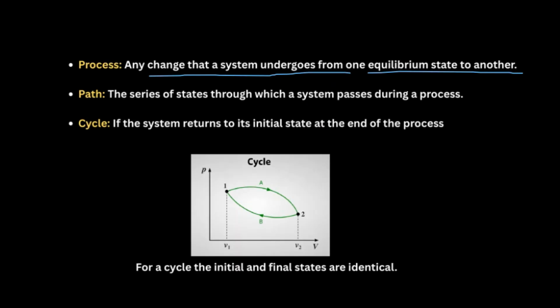And then we can understand what a cycle is. Suppose the system goes from state 1 to state 2 first, and then by another process it returns from 2 back to 1, such that the loop is closed. This is what a thermodynamic cycle is. So for a thermodynamic cycle, the initial and the final states are identical. This was the initial state 1, and the final state is also 1, because it did not stop at 2, it returned back to 1.